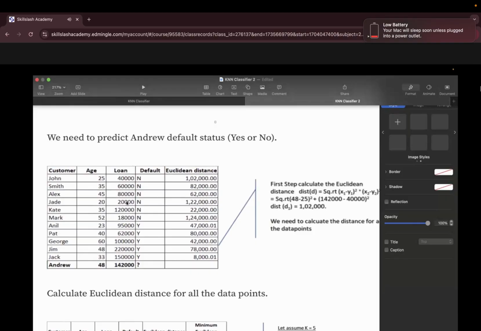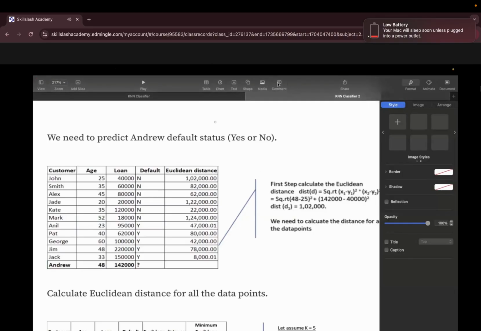Since the concept of Euclidean distance is coming into the picture, we need to remember one thing: I cannot find the distance between some string type of a value, right? It makes sense, right? So, you can see how this is calculating the distance. For Andrew and John, it is considering the root over of age first, which means Andrew's age minus John's age to the whole square, plus